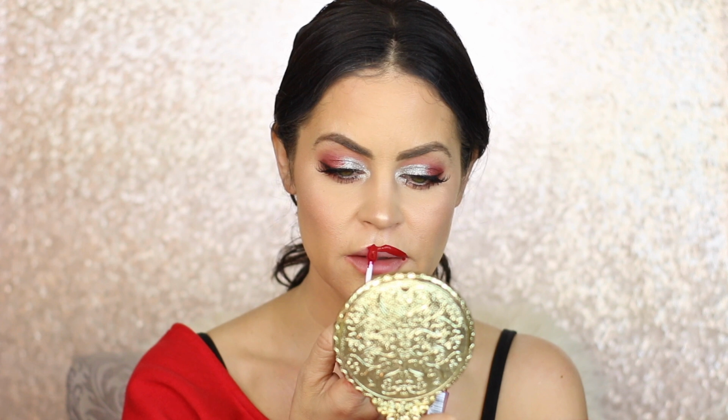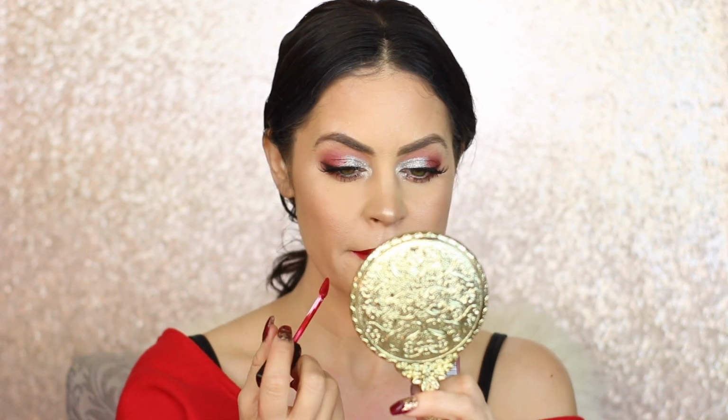My search for the perfect red was an epic fail. I'm going to try this one. It's the Infallible Pro Matte Liquid Lipstick, and the color is Matador. I do like the applicator on these because you don't need a liner. Yeah, I think this was the winner. This color worked out. Alright, so while that lipstick dries down, I'm gonna go do my hair,